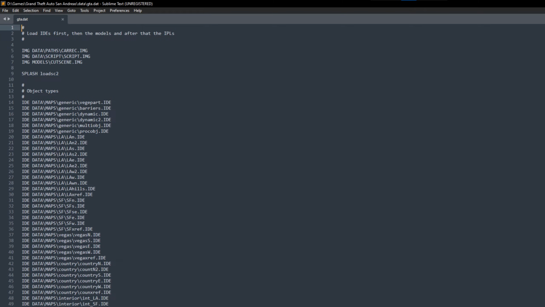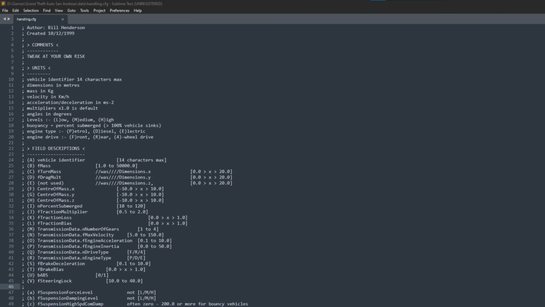It's good to know about this file because some mods may want to add new files to the game. Like maybe a mod will want to add a new IMG archive to the game, or maybe a new IPL file. But for the game to know it needs to load those files, the mod author will have to list their new files inside gta.dat. Also, handling.cfg is basically the data file for vehicle handling, but it just uses the config file format. It can be edited with a text editor, and like I said, it's basically the same as all the other data files that end with .dat.